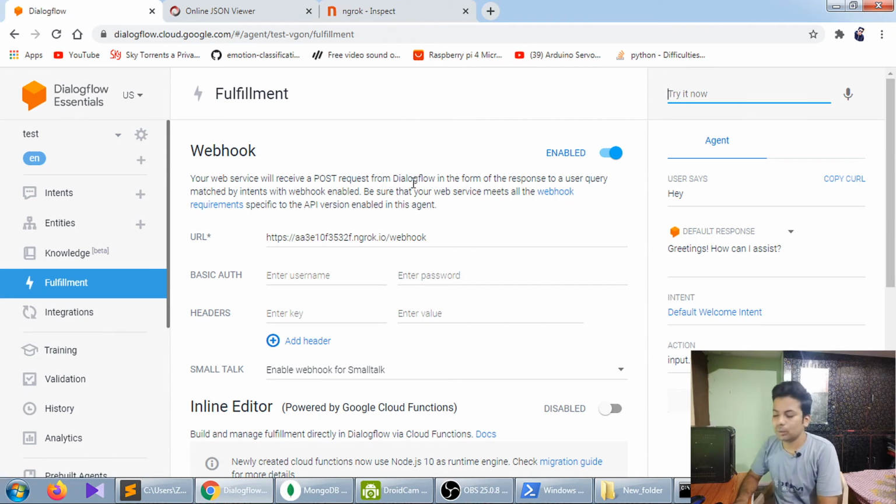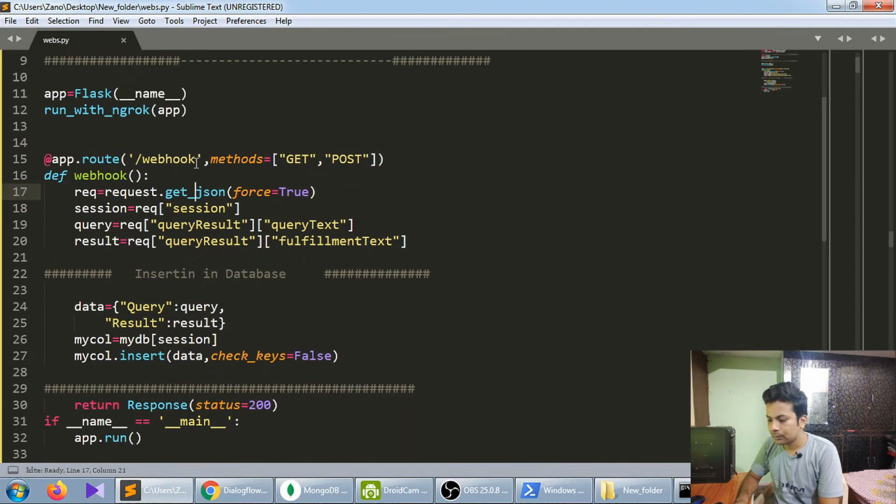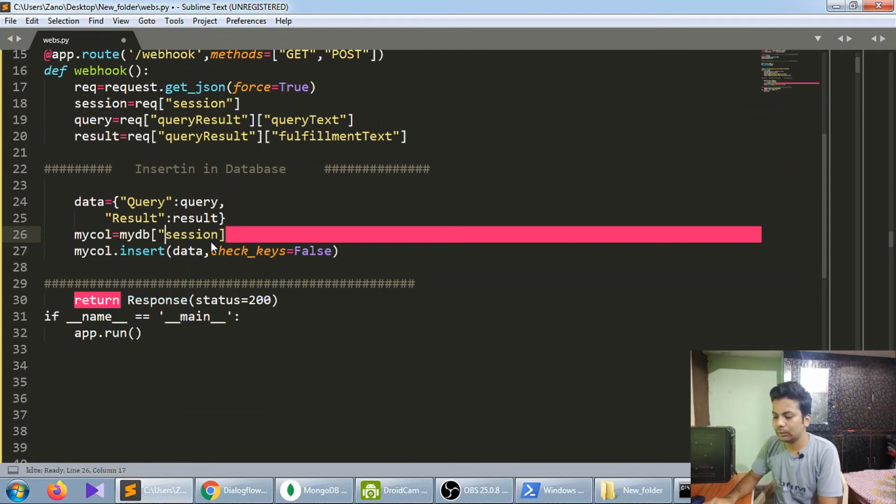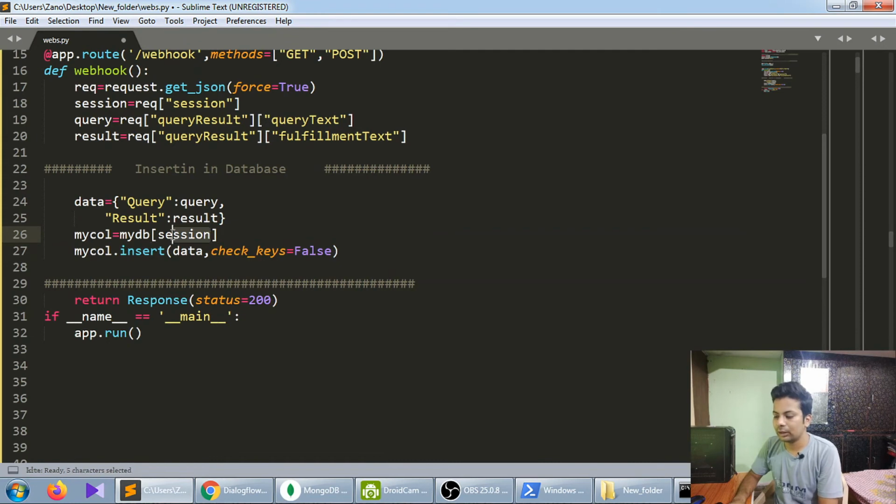Okay, I got the problem. Basically, in place of a dot, I have put a comma. And a little update: I told you to write just JSON, but no, you have to write get JSON because you are getting a JSON file. And secondly, here I told you to write session like this, so just remove it, otherwise it will become a string. You just have to write only session, because you are automatically getting the session in a variable.